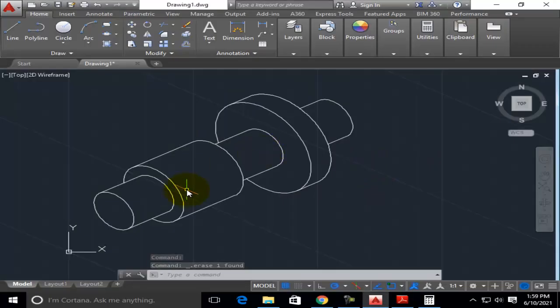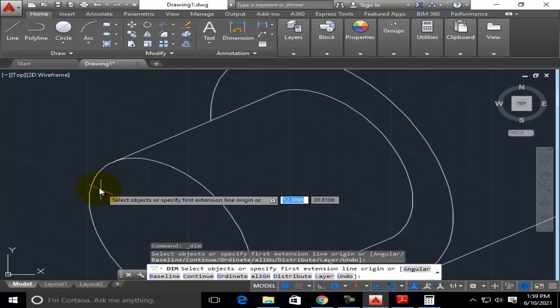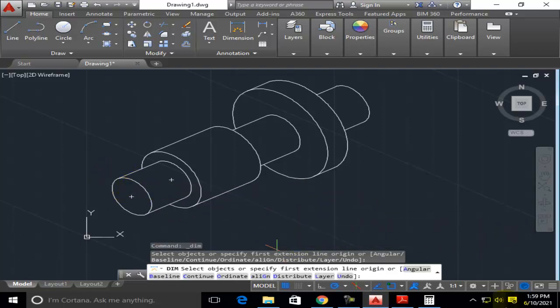Now it is up to me to dimension it. Simply I can use the dimension method and select this. Just you can switch off the snap option.